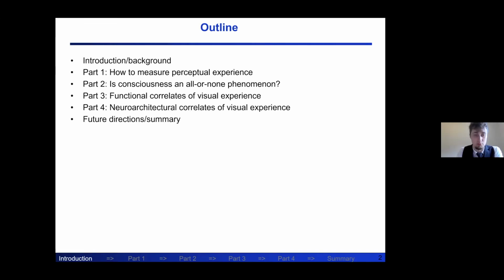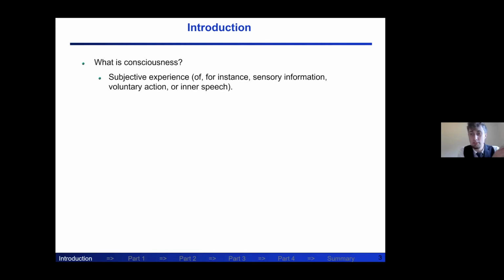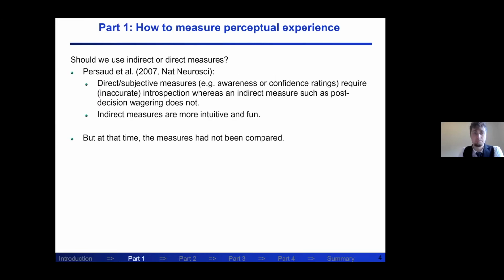So in that part and in the future direction, I'll talk a little bit about the consortium as well, but not so much. So in a consciousness club, I intend to spend very little time introducing consciousness. I will just say here that when I speak of it, I mean first order consciousness, so subjective experience or qualia. So this could be the way that things appear to us, the painfulness of pain, inner speech, voluntary actions, sense of control, these kinds of things, the subjective aspects of this, in contrast to the objective processing.